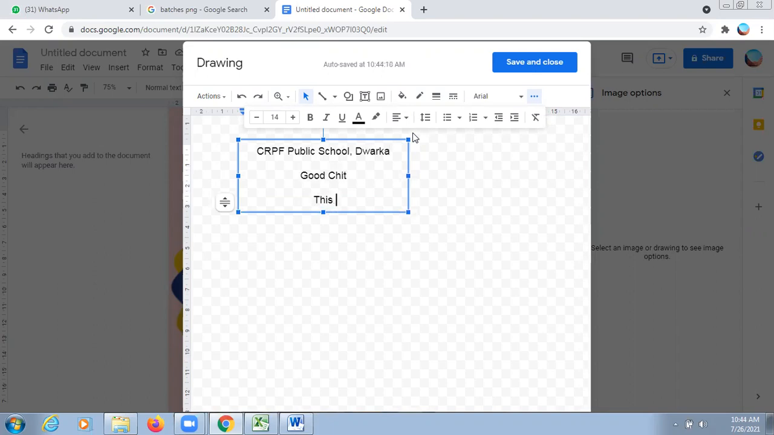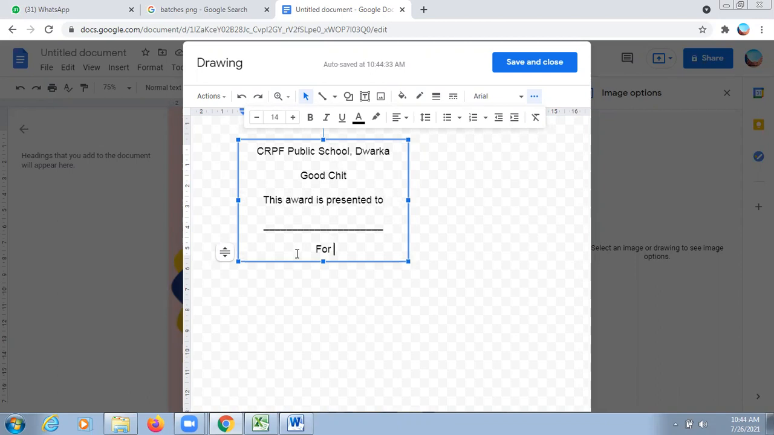This award is presented to, now here the name of the child will come, so we will make a dash. This award is presented to this person for being